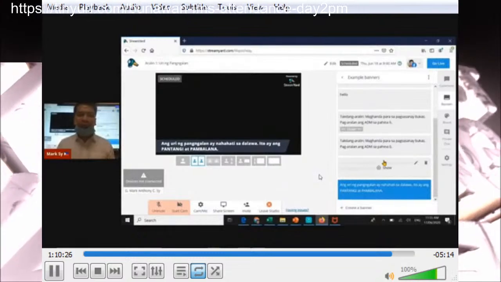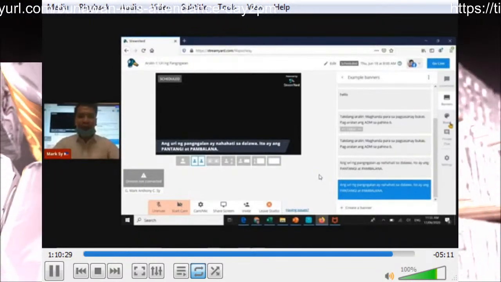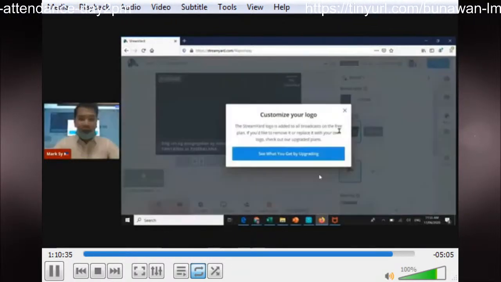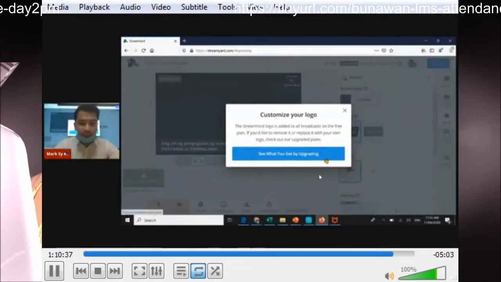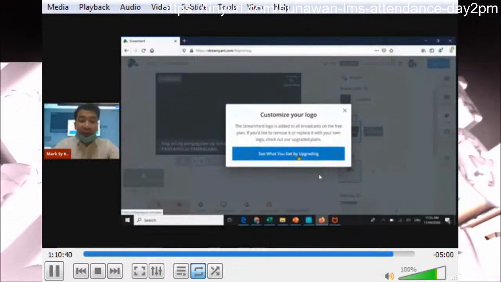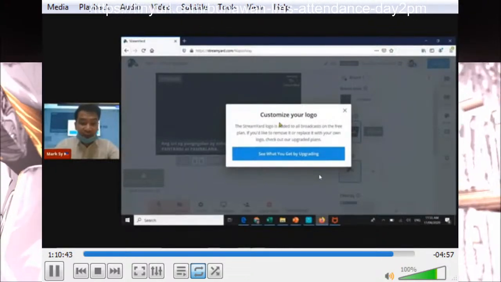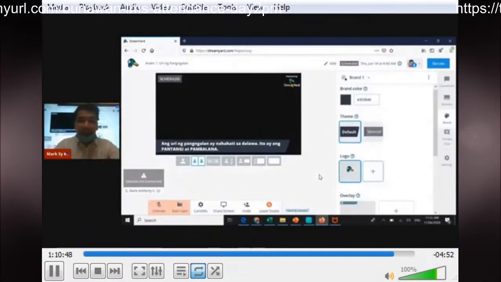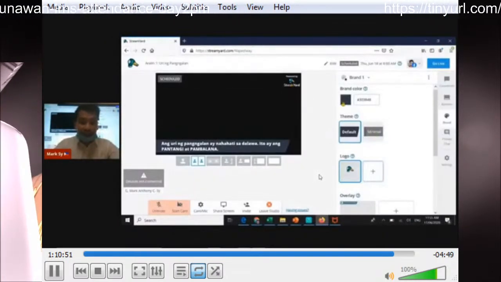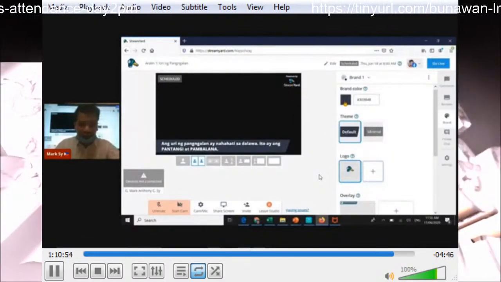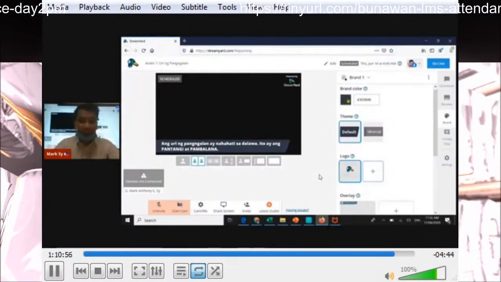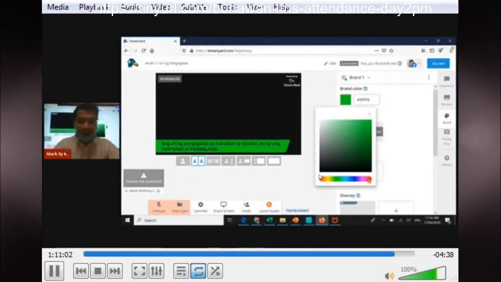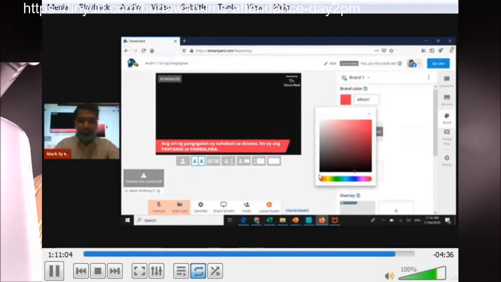So, with all of these things na inyong nakita, you could even customize it with your own brand by putting your own logo. So, ito po, pag naglagay ka ng logo, hindi po siya pwede kapag kayo ay nasa free. So, may watermark po siya. Huwag mag-alala, gaya ng nabanggit ko, we could always have a theme. Kasi hindi naman kinakailangan gumastos ng teacher eh. Kasi itong free version na to ay pwede nang magamit. So, you could follow the color format of your school, having it there, o di ba? Kung gusto mo ng ganyang klase ng kulay.